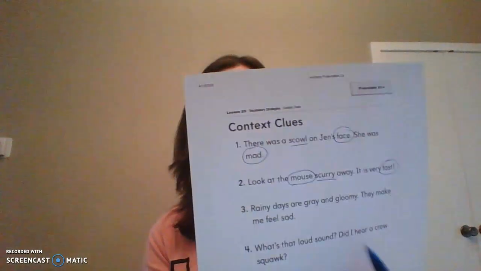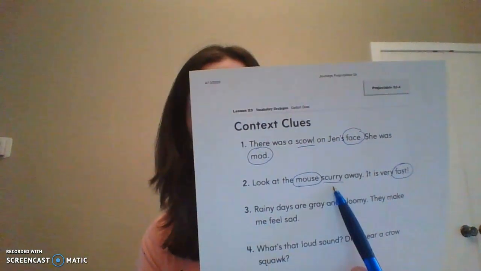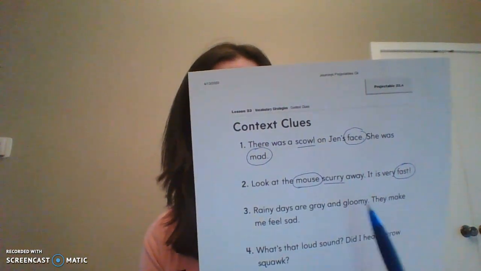So maybe someone walks into the kitchen and that little sneaky mouse is eating all of their cheese. So it gets all scared. It's like, oh no, I'm going to be caught. And it scurries away, or it runs away really fast. So we know now by using the words mouse and fast that the word scurry means to run away really